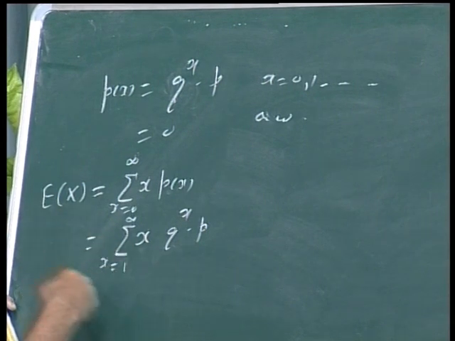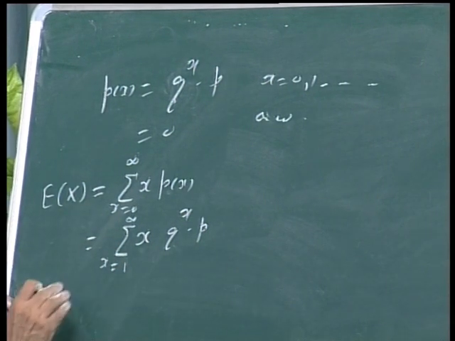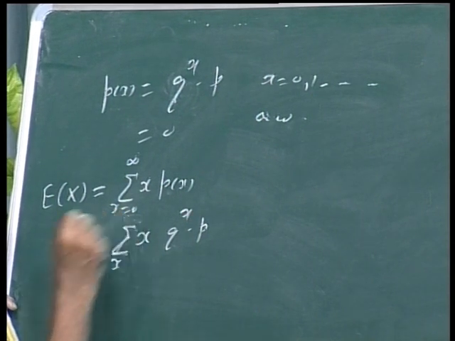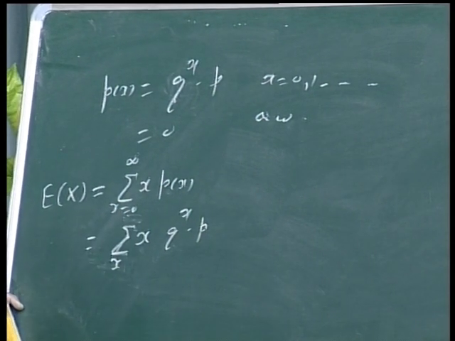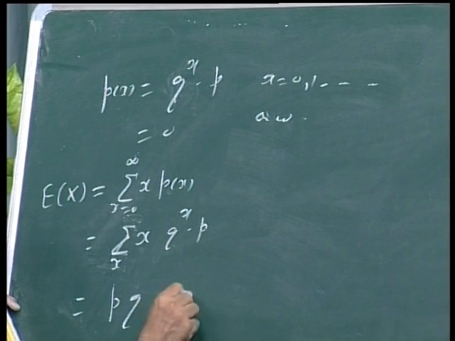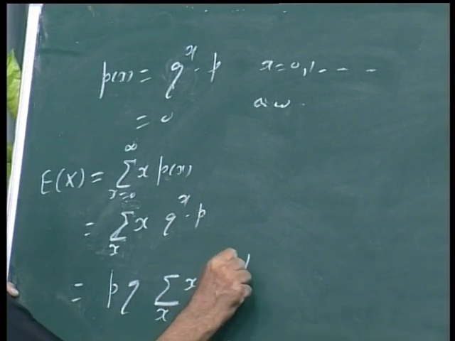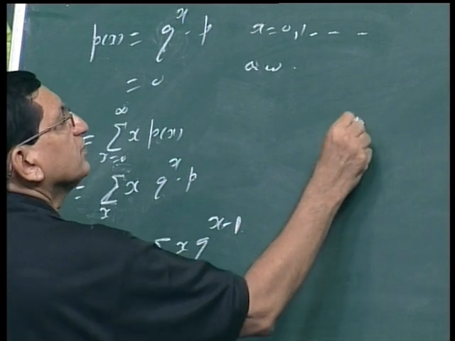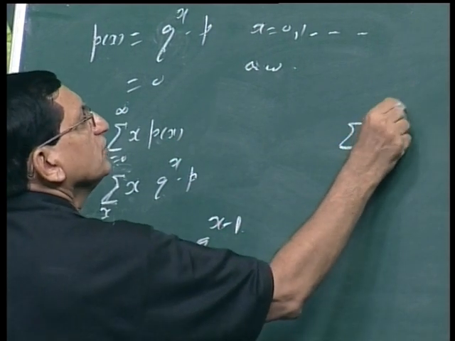So whether you start from 1 onwards or 0 onwards, ultimately the value will be the same. So I just write x, summation over x, x starting from 0 to infinity or 1 to infinity. So this is p q sigma over x, x q raised to x minus 1. So here the technique to find the mean is slightly different. We know that sigma q raised